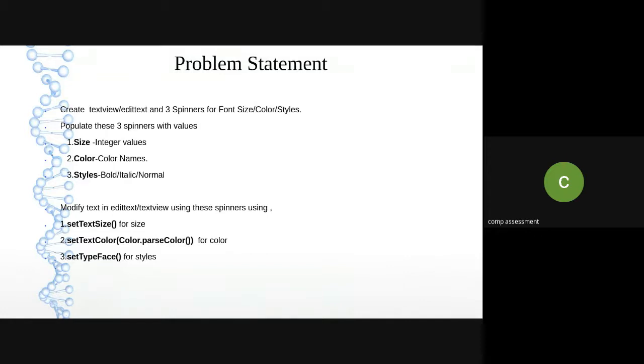All of you are familiar with integer.parse and the wrapper classes, right? Same way over here, there is a color class in Android, and whatever name you are passing, by using parse color, it will understand which color you are mentioning from the palette. Okay. So set text color will change the color of your text, and the third is set typeface.